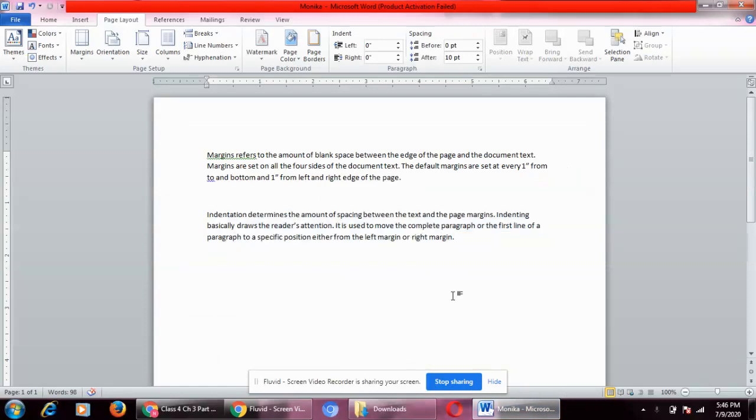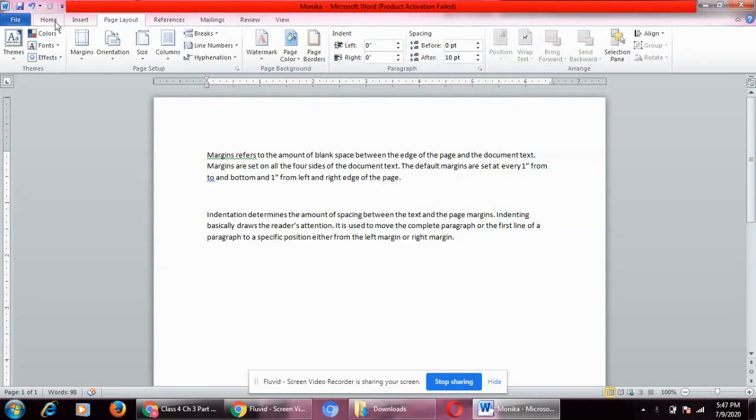Now, today I'm ready with my next topic of chapter 3, which is using undo and redo commands. Now, what is undo? Undo means to repeat the last action. And what does redo mean? Redo means to reverse the action of the undo command, just the opposite of the undo command.